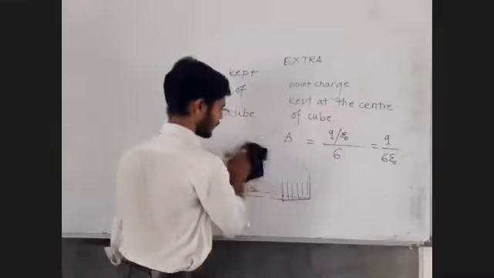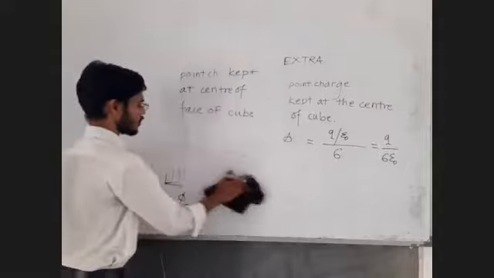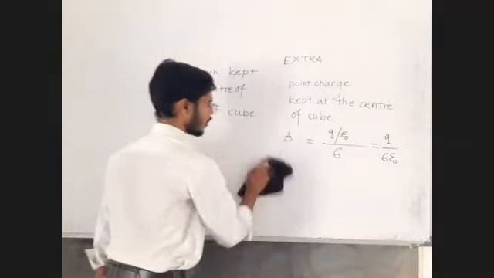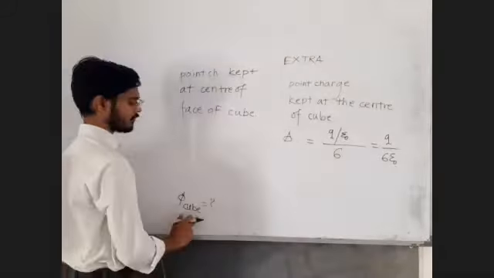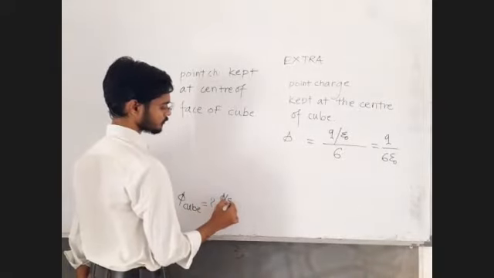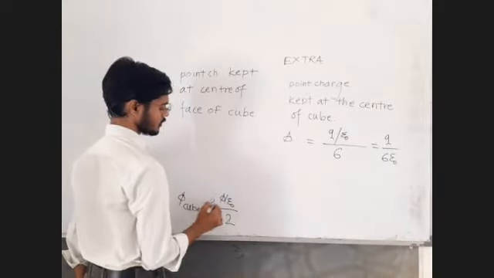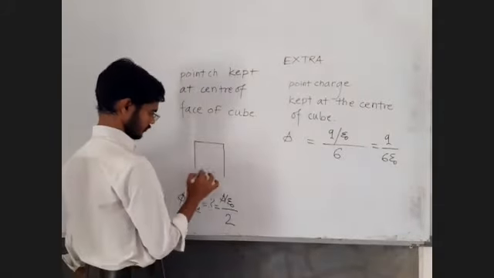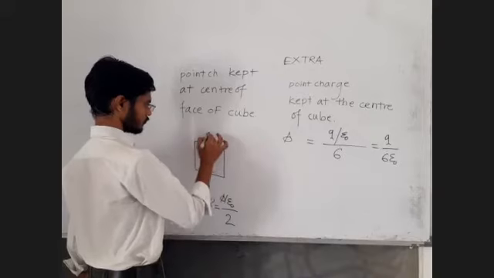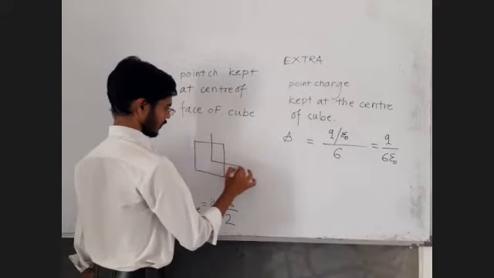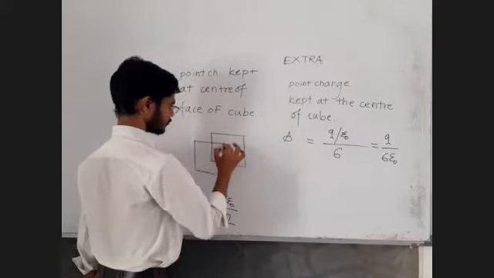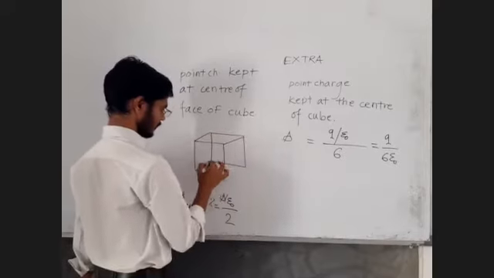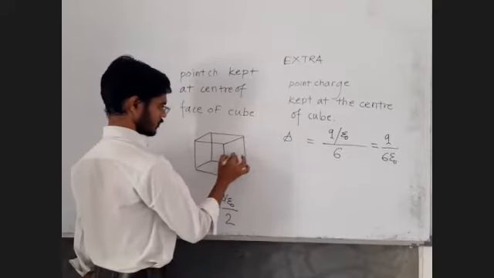If the charge is placed on the surface or on the face of the cube, how much flux is associated with the cube? Sir, total flux upon 2. This is the answer. Total flux upon 2. First of all, reply to me on this. Agree, disagree? Everyone. If the charge is placed here,